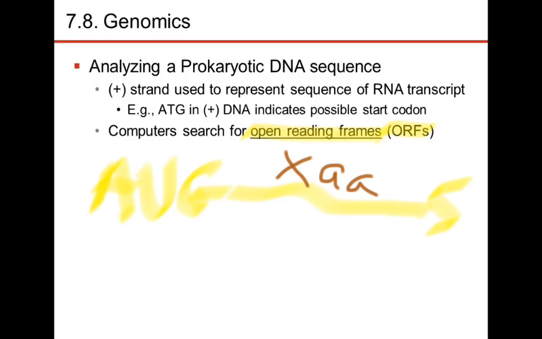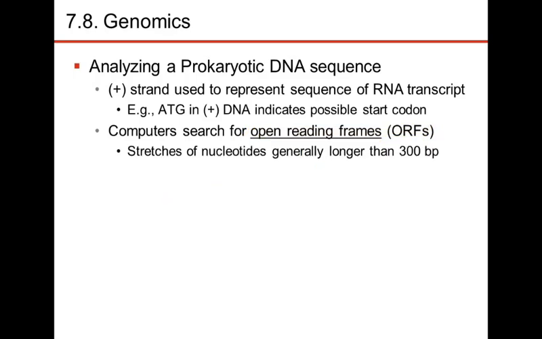And that's what you're looking for when you're just going in and sequencing genes. Usually you look for stretches of nucleotides that have at least 300 base pairs between the start codon and the stop codon, because that's a pretty small gene. It only makes a protein of 100 amino acids, and most proteins are larger than that. So usually you're looking for an open reading frame that goes longer than that, and then it's going to end with a stop codon on the other side.